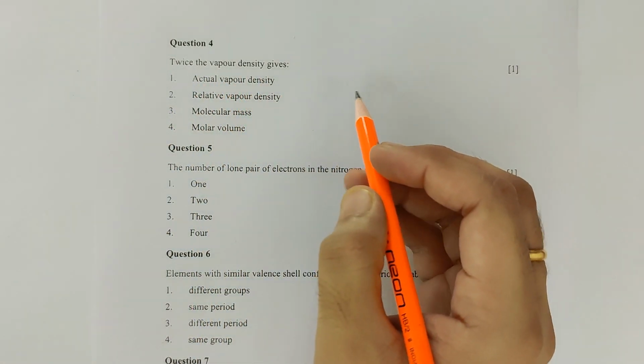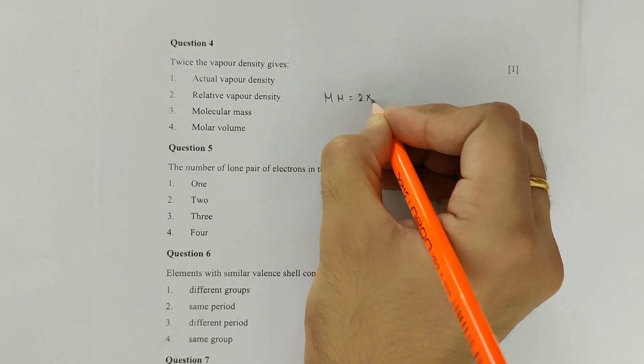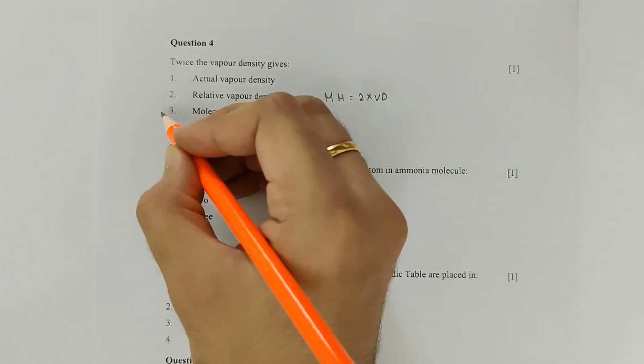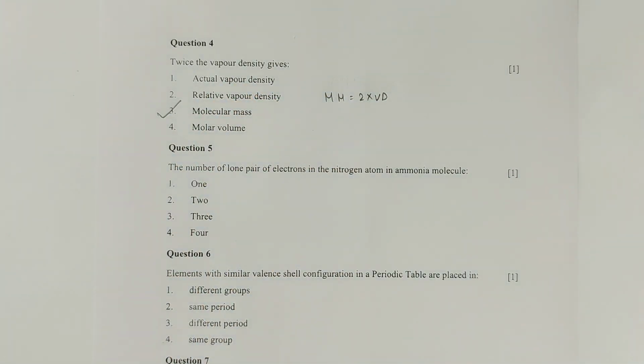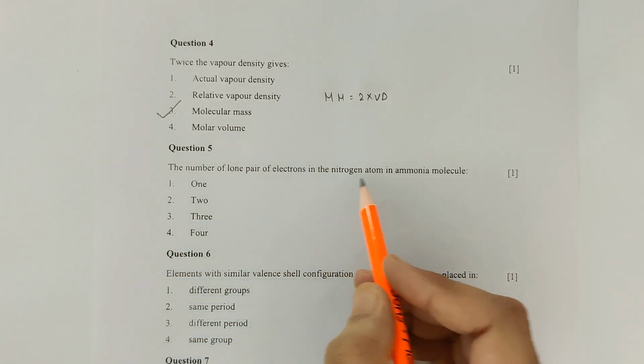Now guys, I hope you know the formula that molecular mass is equal to 2 into vapor density. That means option 3, molecular mass will be correct. Moving on to question number 5, we have the number of lone pair of electrons in the nitrogen atom in